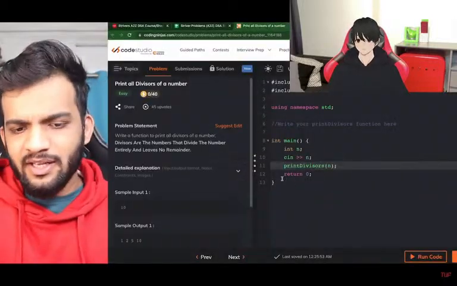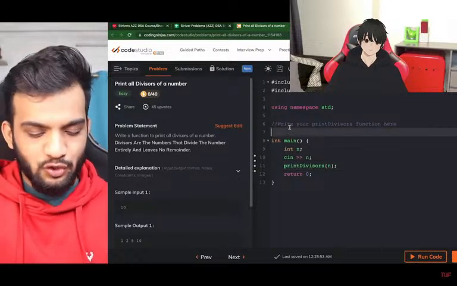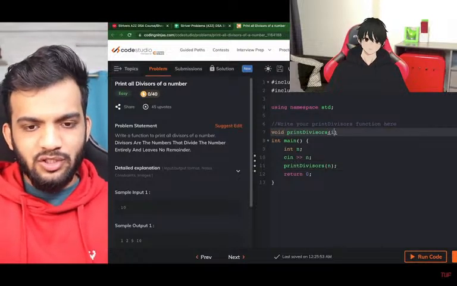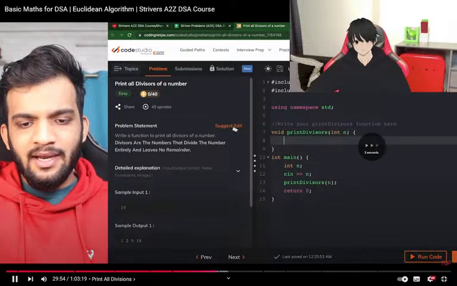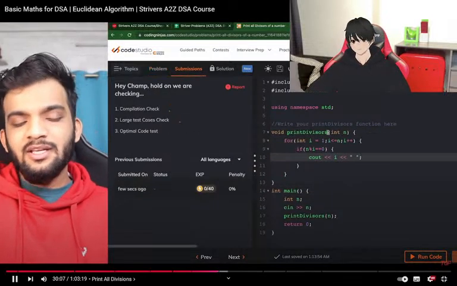Very simple. Over here, they've given us everything. They want us to write this print divisors function. Let's write the print divisors function. It takes an n, uses cout of i, and on submitting, you will see that this